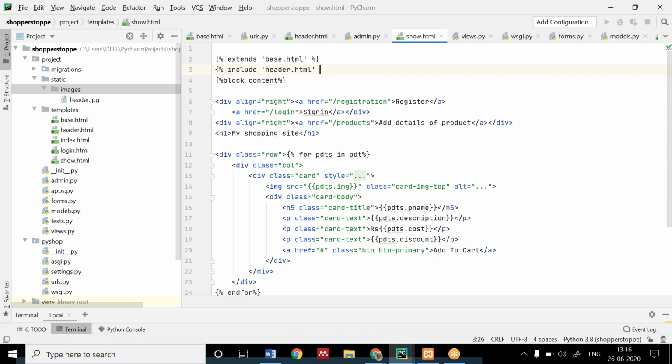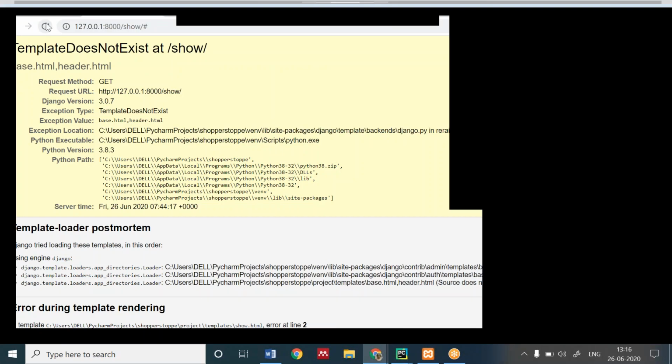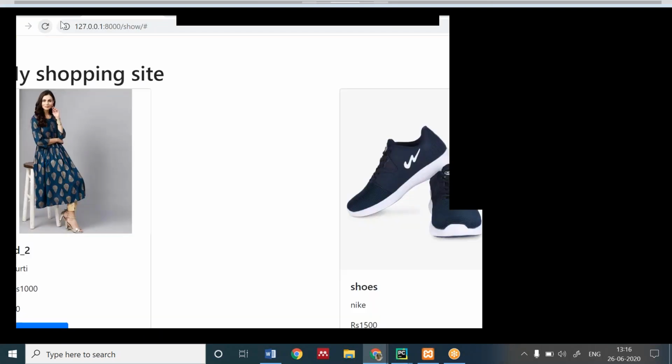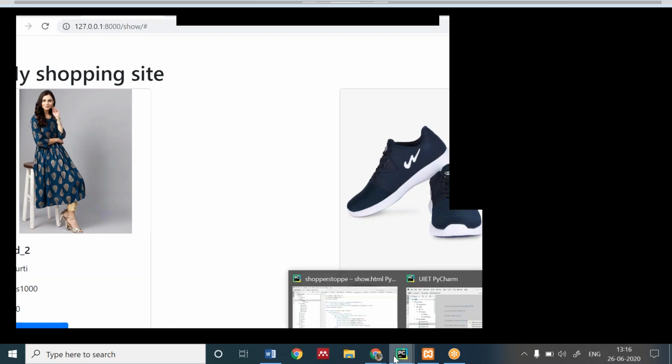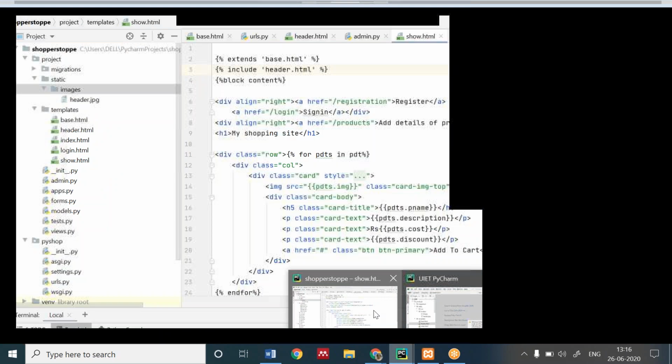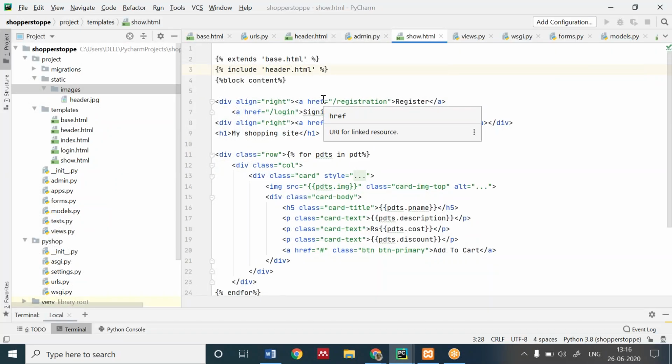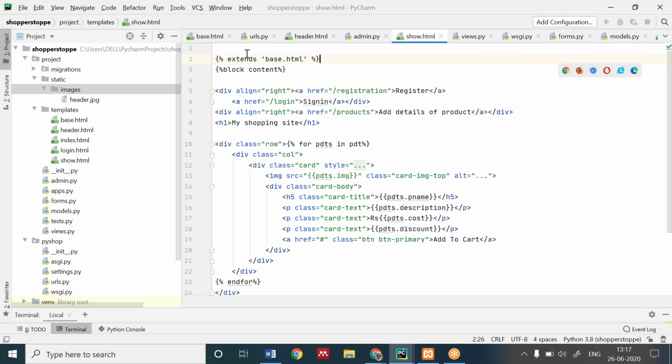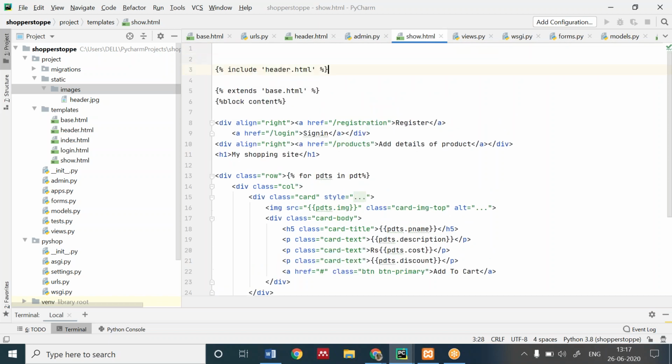Not working. Nimrit, what is it showing? Has your program been running, or was it showing an error? It was showing an error. Any database query was not run before that.